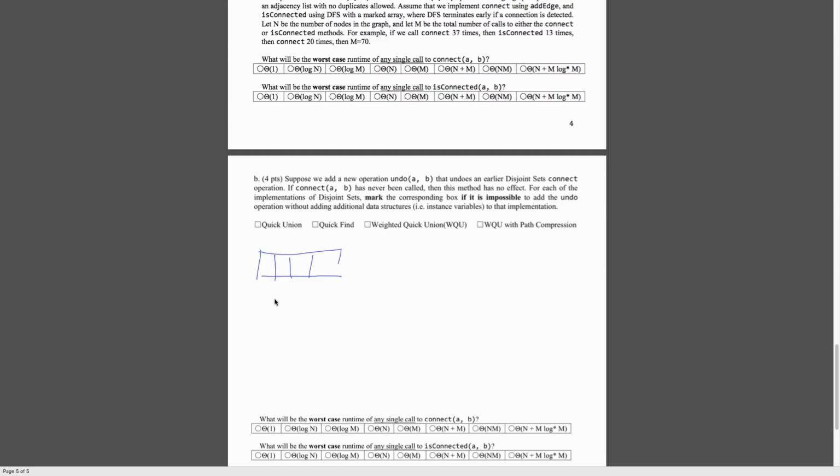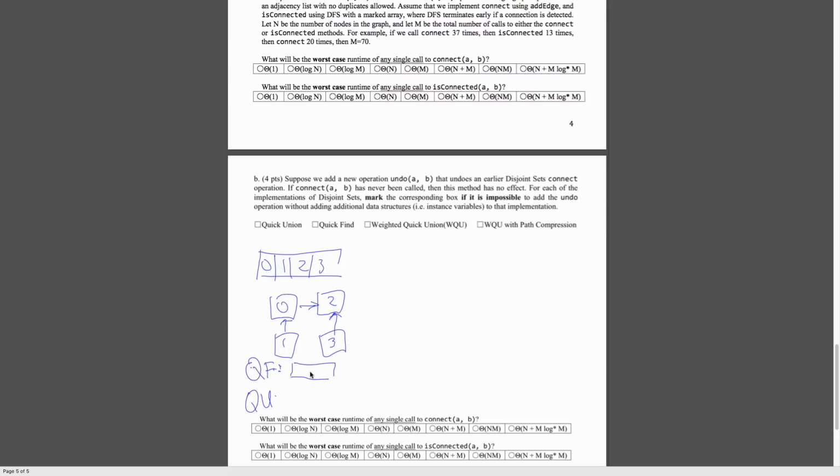So we can run through a quick example. Say we have 0, 2, 1, and 3. So we have this starting out. If we do quick find and quick union, so let's say we connect 1 and 0 and 2 and 3. So 2 is the root and 0 is the root. If we decided to connect 0 and 2 like so and have 2 be the new root,